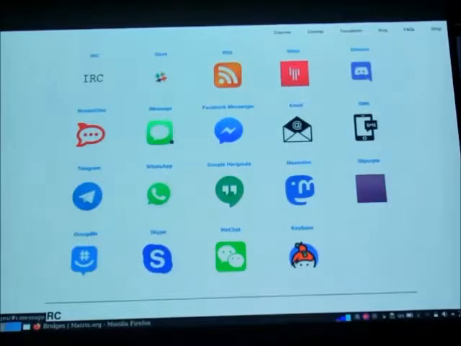iMessage. iMessage is fairly locked down, so it's one where you need to write your own bridge. You can't just use a public bridge. And I think you actually need to run it on a Macintosh or a Mac OS computer that's running iMessage. So that one is fairly limited. There's also Facebook Messenger,